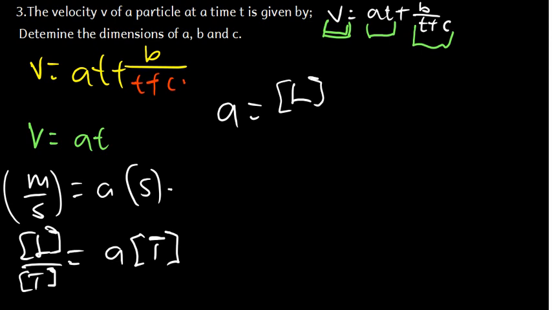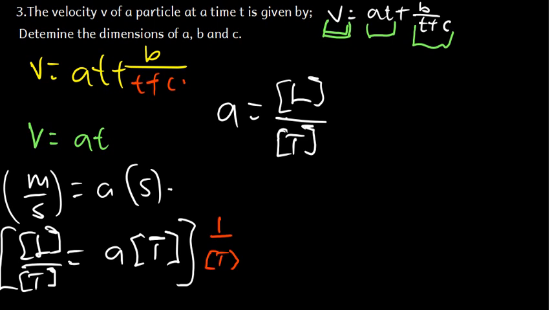Let me put it in this way so that it does not confuse. Dividing is the same as multiplying by the reciprocal, which is 1 divided by T. So we are going to have 1 divided by this. We can see that this part and this part will cancel. Then this part is going to give us T squared, and this part is going to give us T squared. So our a is going to be